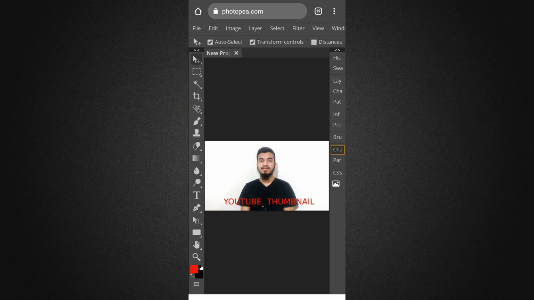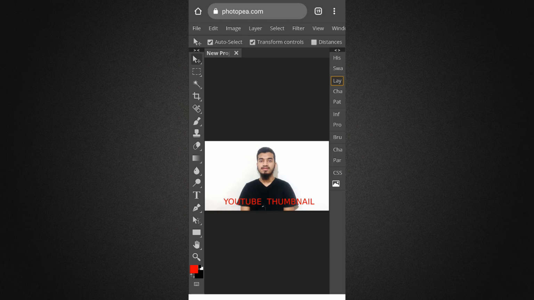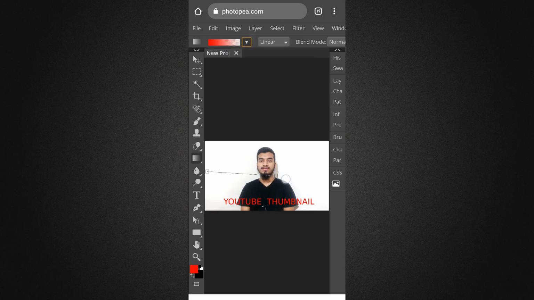Also I can use a gradient color here. For this, I select a layer and create a new layer. Just click here and click new layer and gradient color. So from here, just select a gradient color like this, and then just drag it. Okay, and from here,